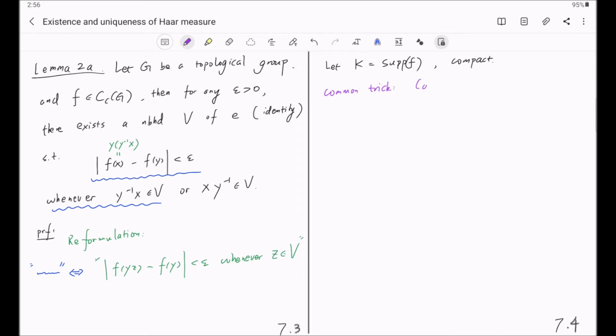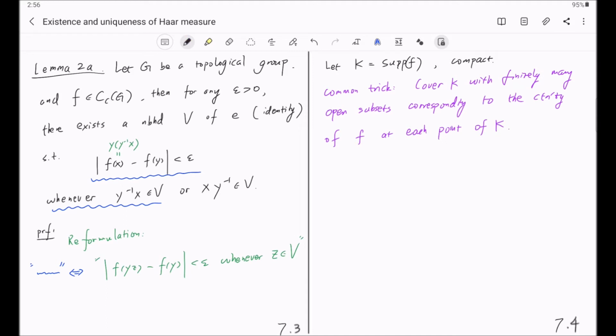So let me briefly summarize this idea. We're going to cover K with finitely many open subsets corresponding to the continuity of f at each point of K. Specifically, what we are going to do is the following. For each y in K,